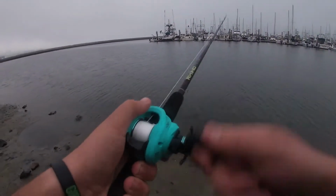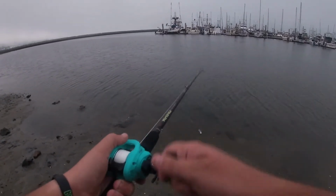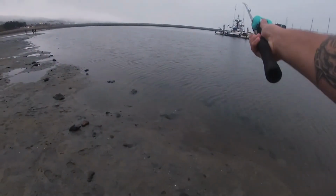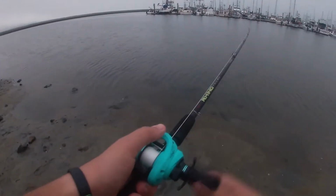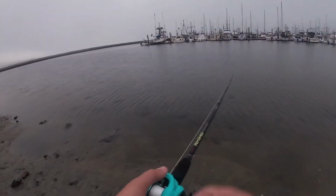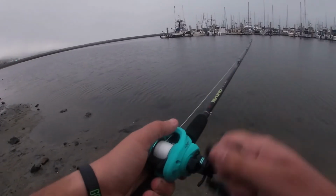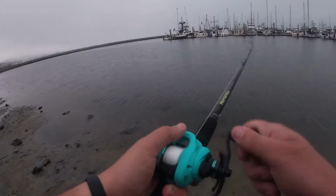That's a good view, man. Yeah, I'll give it a few more casts and then I'll head home. Yeah, I definitely need to tie this on different. I just looked down and noticed that the record button wasn't flashing. So I don't know when it cut off, but